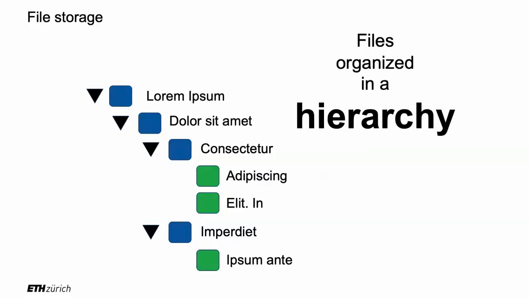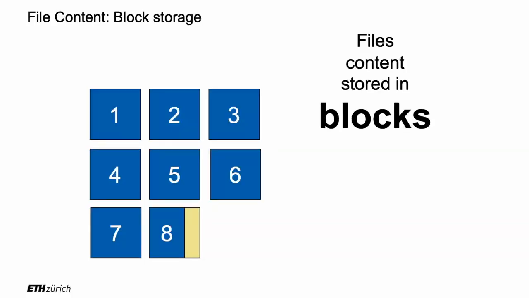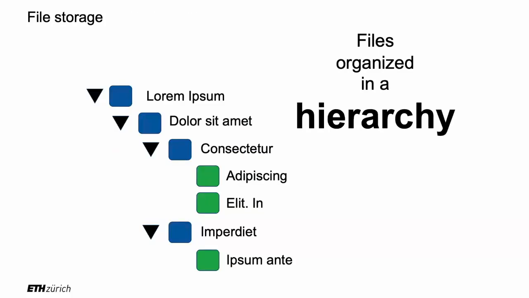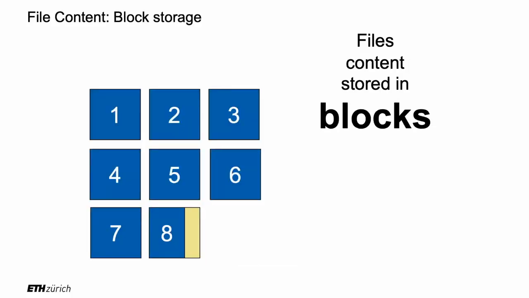You probably saw it on your laptop, not on your phones, but you have directories and files, right? What you may not know, but we teach it to computer science students, is that these files that you see, like it can be pictures, videos, Word, Excel, whatever files you have, JSON, XML, in fact, on the disk, they are stored as blocks. Blocks of roughly 4,000 bytes, 4 kilobytes. The reason is that it's much more convenient to read and write to and from the disk 4,000 bytes at a time, right? So this is why we have blocks.